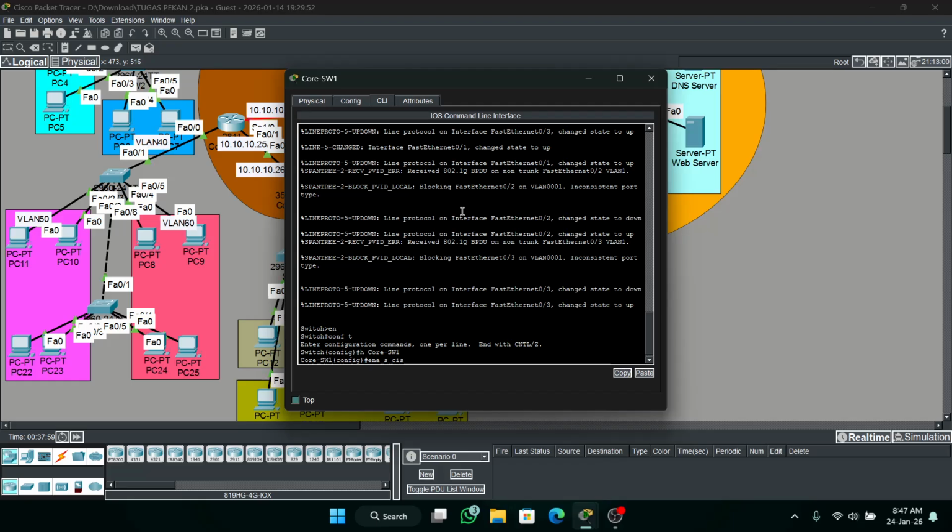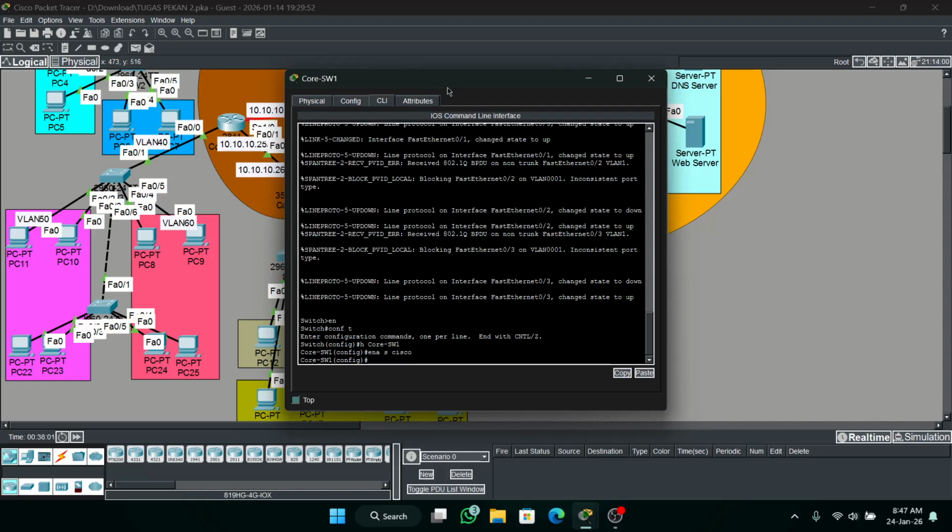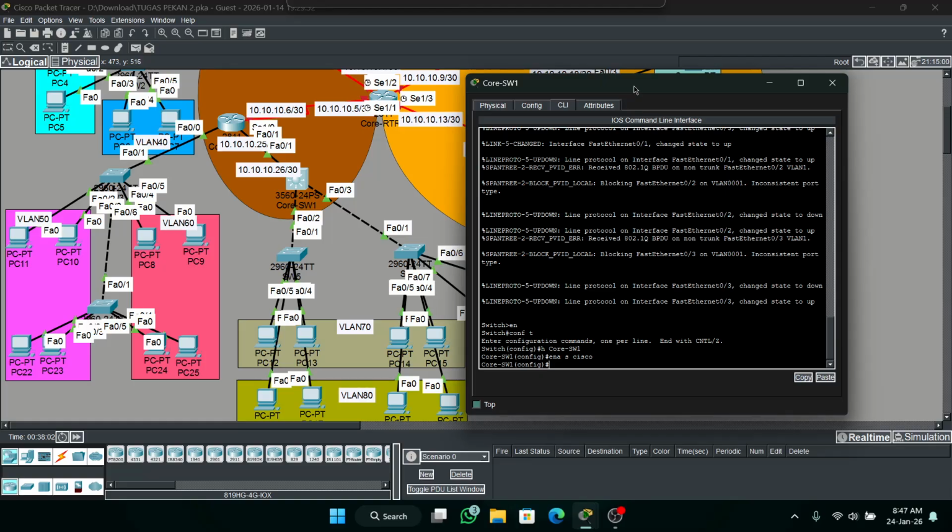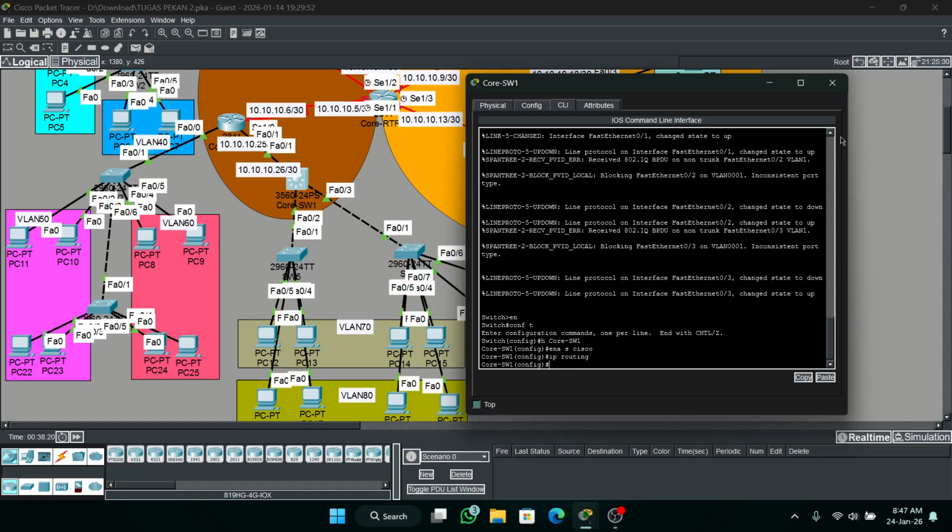Enable secret cisco. First we must turn on layer 3 by using the command IP routing. Okay, this is to activate the layer 3 function.